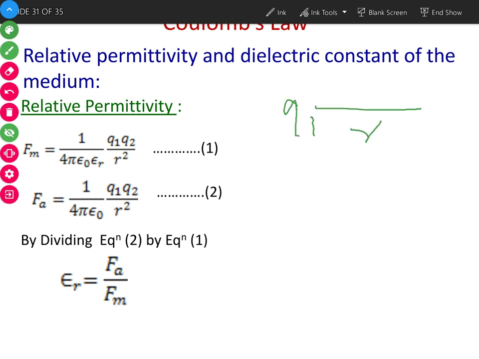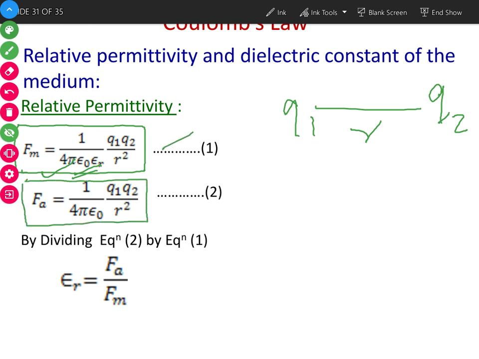They are r distance apart, and we have already established the relationship. The force between two charges in any medium is given by 1 upon 4 pi epsilon naught epsilon r, q1 q2 by r square, and in the case of air it is given by this expression. This is equation number 1, this is equation number 2, and now if we divide equation number 2 by equation number 1, then we get